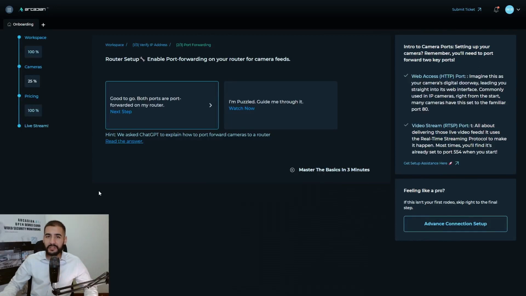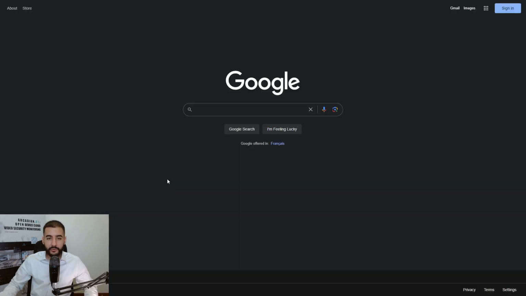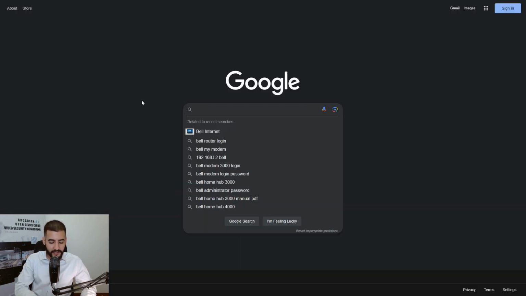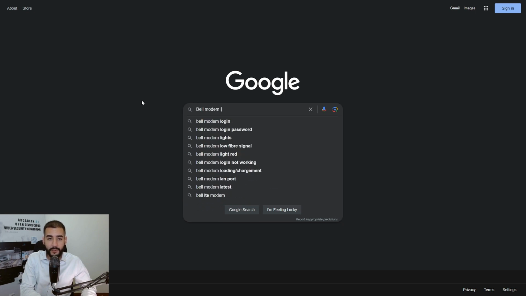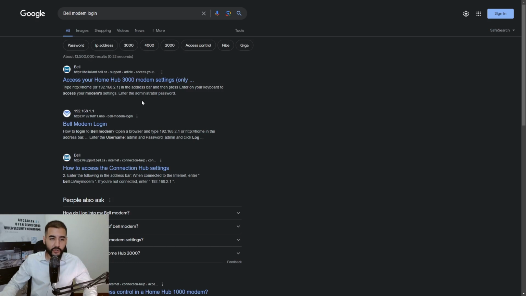First thing that we have to do is log into the admin portal of our internet router. Now, the easiest way to do this is first go on Google, go to the search bar and type in your internet provider's name. So in my case, that's Bell, then modem, login. Press search, and you should see a result like this: internet provider's name, modem, login, and the address looks like